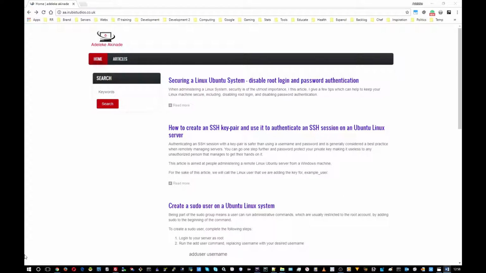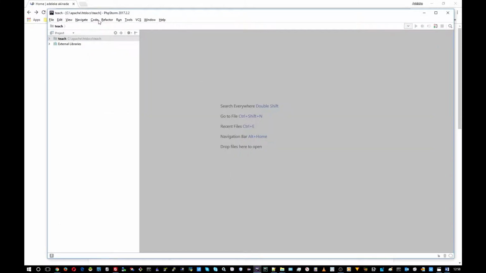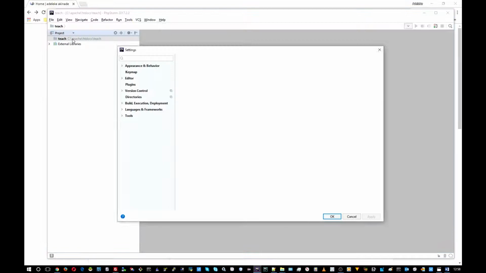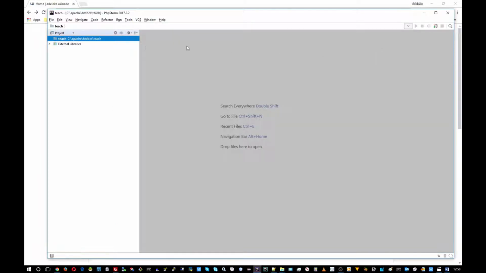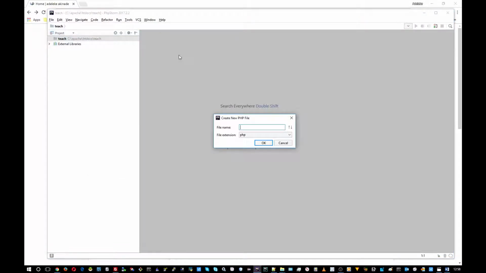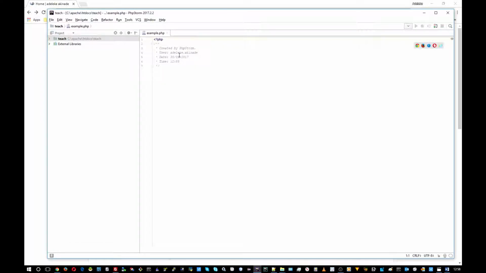Okay, so I'm actually going to create a simple PHP script just to show you how it's done. I'm using PhpStorm for this. So, got my project open. Right, let me get rid of that. New PHP file. I'll name it example.php, and